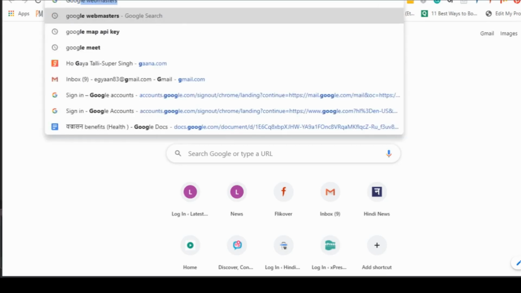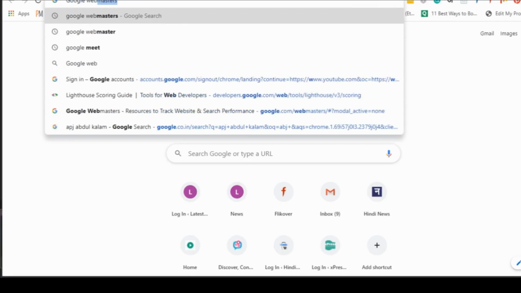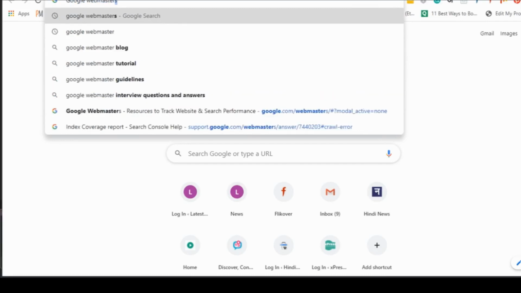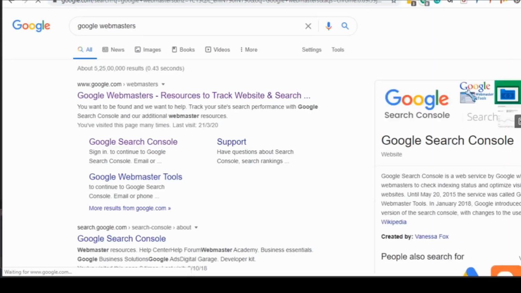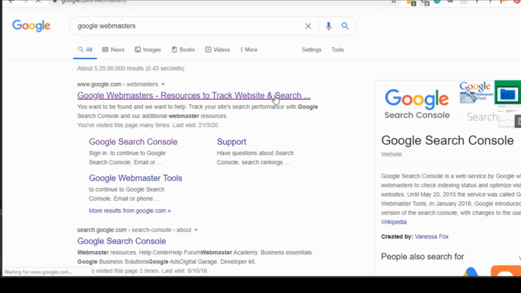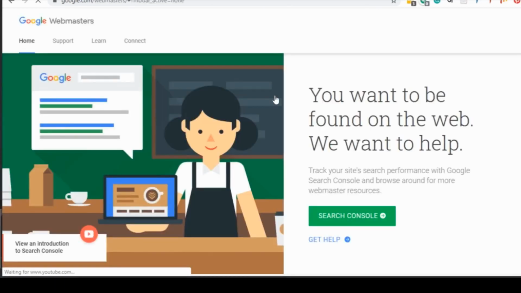Just type Google Webmasters. You can use your existing Gmail account for signing up on Google Webmasters.